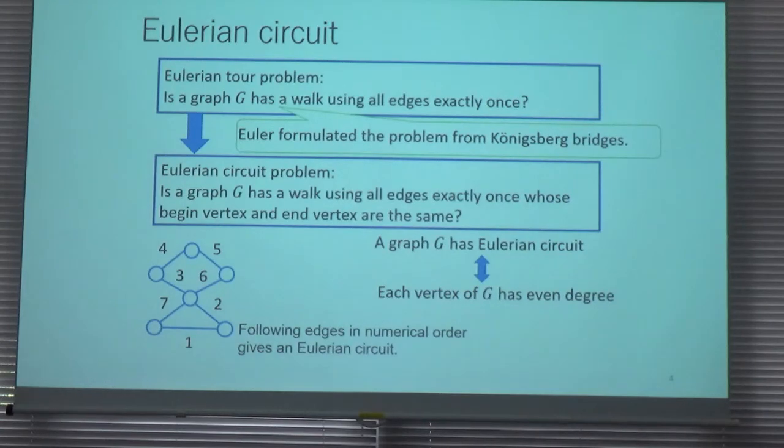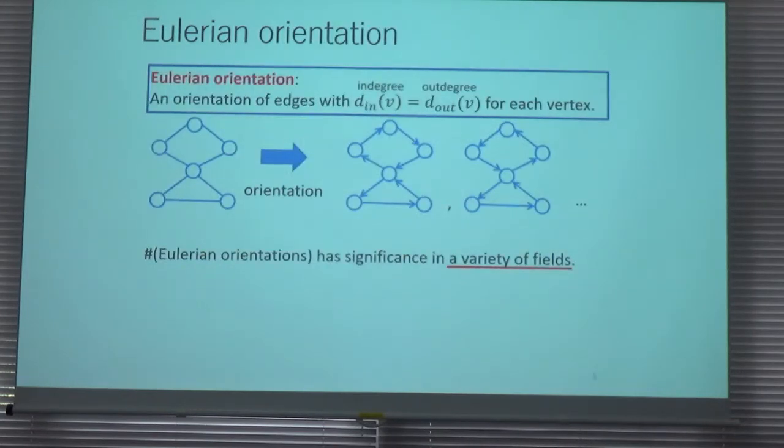Which is finding a walk which uses every edge exactly once. And when the beginning node and end node are the same, it is called the Eulerian circuit. For example, we use these edges in the numbered order, so it is a closed walk, and it is an Eulerian circuit. And the Eulerian orientation is adding directions on each edge, so as to contain at least one Eulerian circuit. And counting the number of Eulerian orientations has significance in a variety of fields,